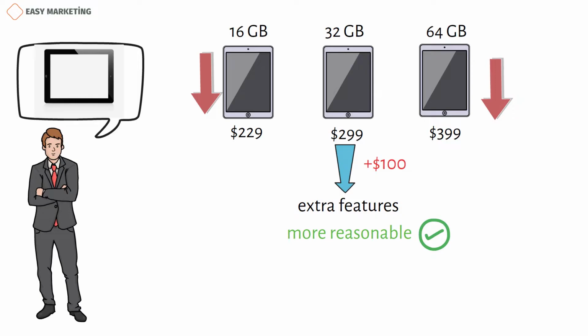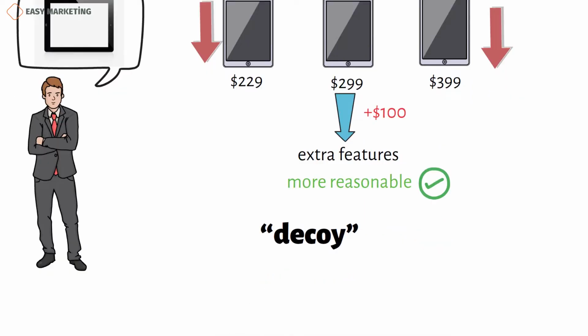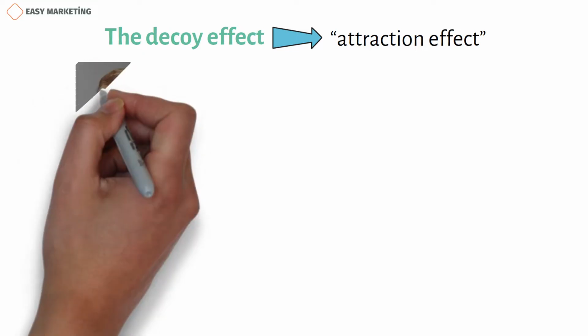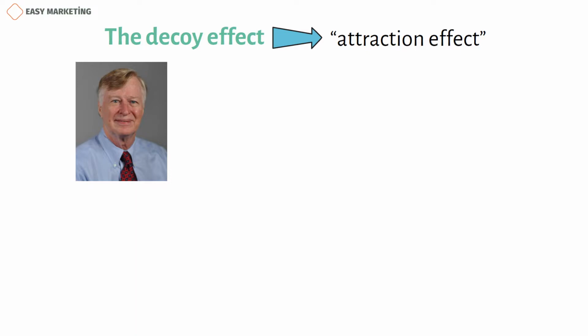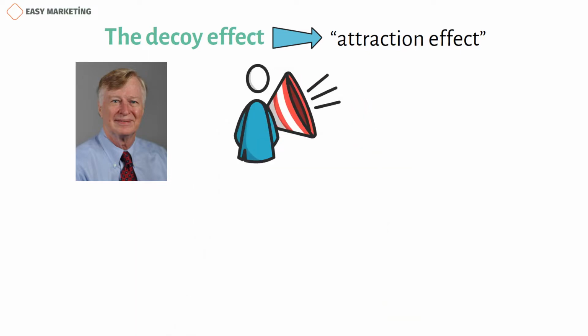In marketing, the influence or change in the choices is called decoy. The decoy effect is also called the attraction effect. The decoy effect can be defined as a consumer's inclination to noticeably switch between 2 other options when introduced a third one. According to American marketing professor Joel Huber, the decoy effect is mainly used by marketing companies to influence consumers' choices in a way that they will hardly notice. But this effect can be observed in many areas.